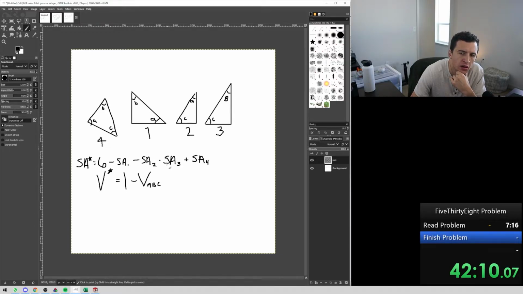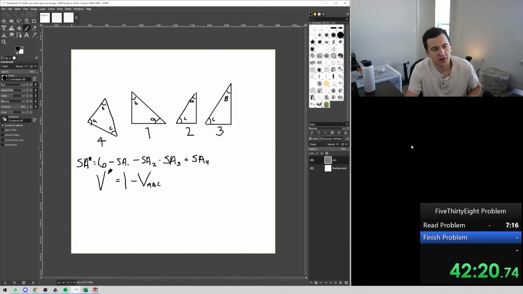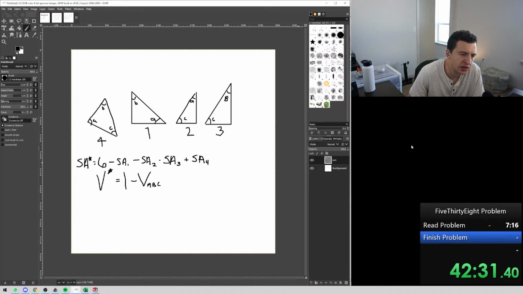Okay. And so now what we do is we find these surface area calculations, basically put this all in terms of